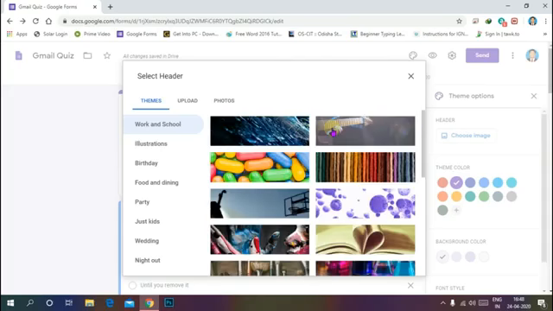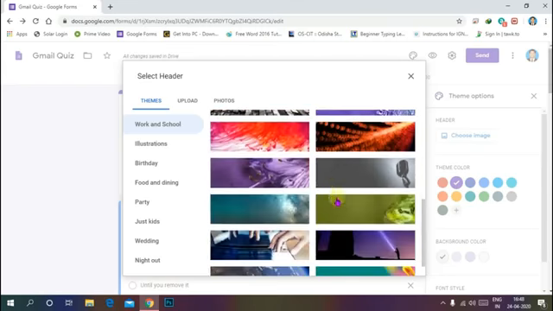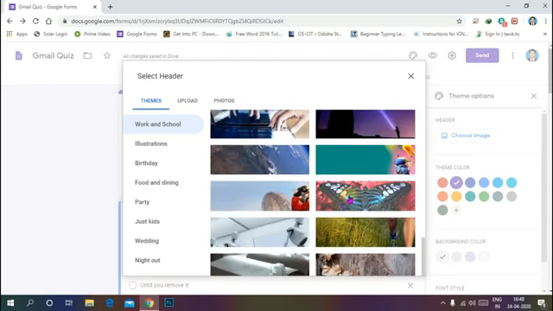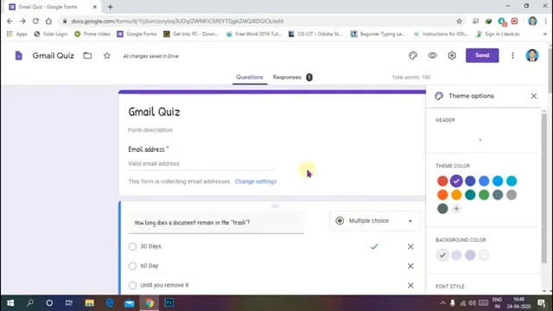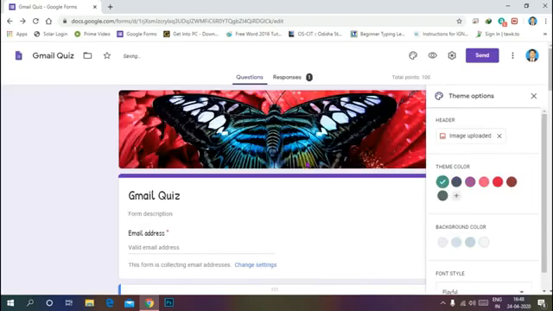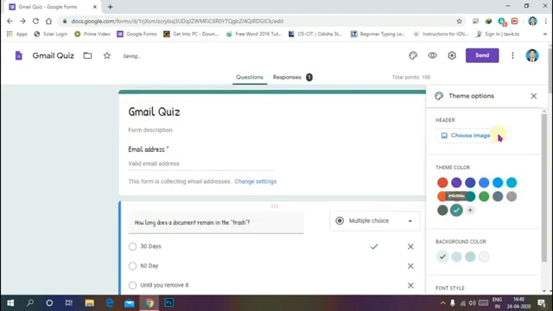There is a variety of themes provided by Google. You can choose any one theme, or you can also choose your personal images if you have them on your computer, but I do. Let's see how to set your personal image.